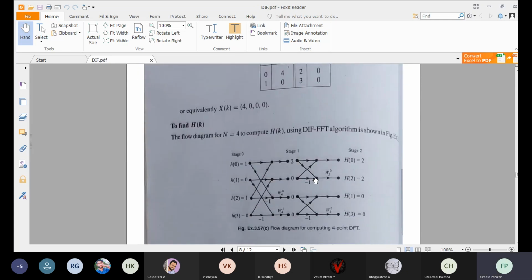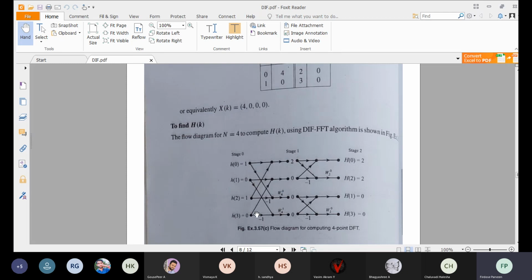So h of k, they have given the same thing. The sequence from the diagram, it is 1 0 1 0. Since it is 4 point and they have told we have to find out DFT in decimation in frequency, that is in DIF, what we will be doing, we'll be taking stage 1 4 point, then 2 point. So 4 point, I'll put all the 4 lines like this, parallel lines. Okay. So I'll connect from first line to the third line, and I'll put a twiddle factor W4 to the power of 0. This second line to the fourth line, like this, and I'll put the twiddle factor W4 to the power of 1.